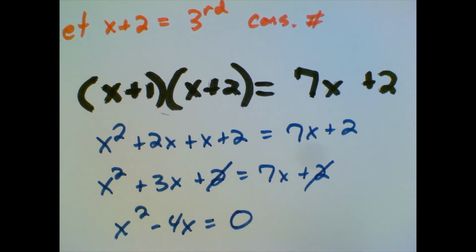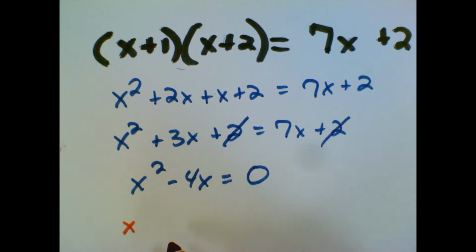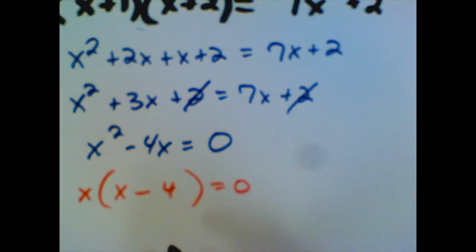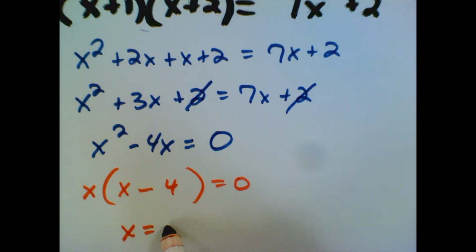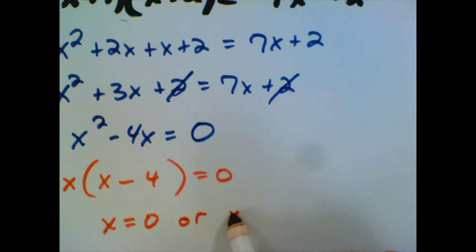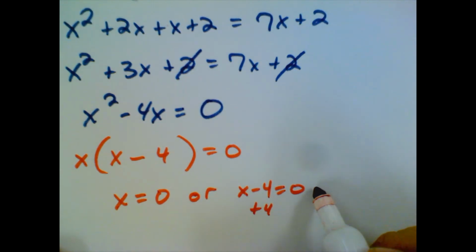Alright, now we want to solve this, or factor this, right? So is there a GCF? You betcha there is. There's an x that we can pull out of both terms. So pull the greatest common factor out front. We still have 1x left in this term and a 4 left over there. So now this is factored. Again, let's use the zero product property. So x equals 0, or x minus 4 has to equal 0. If we add 4 to both sides,